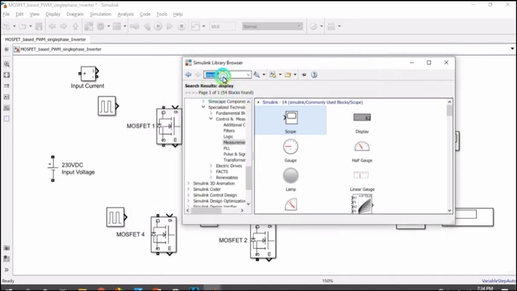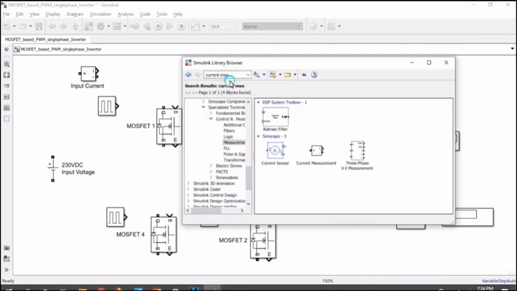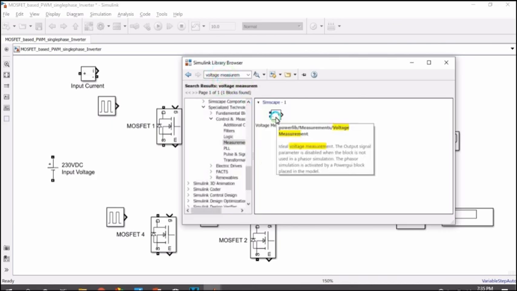Next we need current and voltage measurement. This can be selected by typing in current measurement. So the current measurement block can be selected. Next the voltage measurement block. So the voltage measurement block also can be selected.